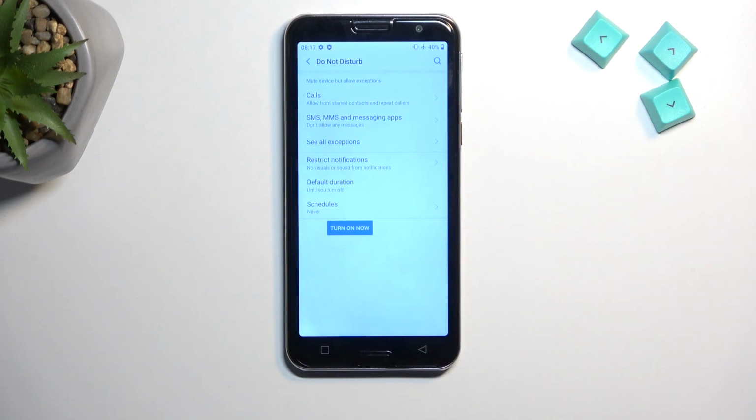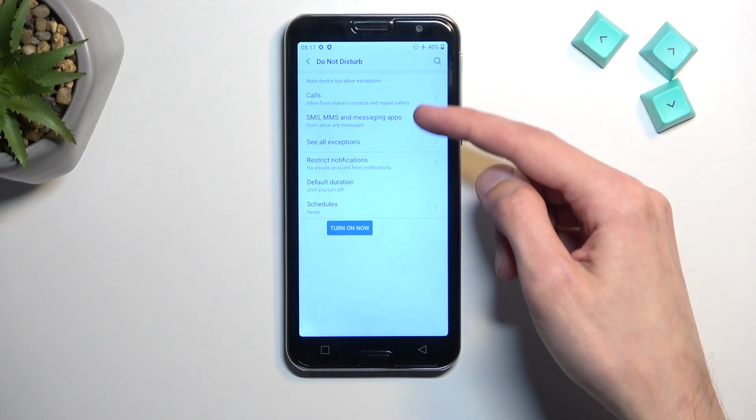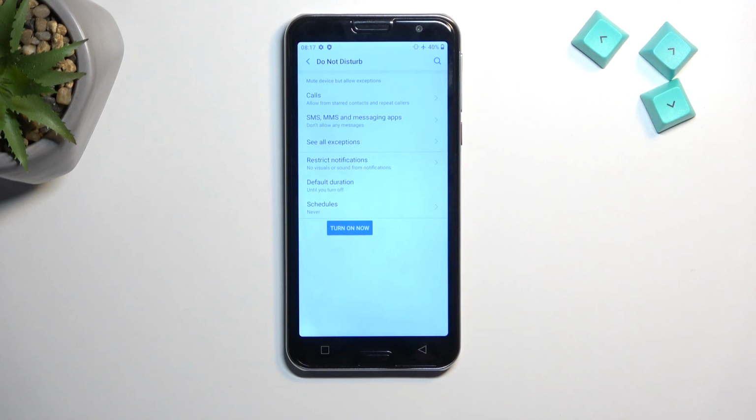This will then take you to the settings, where you can quickly get a glance at how it is set by default. Now, if something doesn't fit your needs, simply change it. Now, quickly going into a couple of the more important options, we have calls and messages, so you can select who can call you and message you between these two options. Then we have restrict notifications, you can just kind of block certain notifications, and then most importantly we have